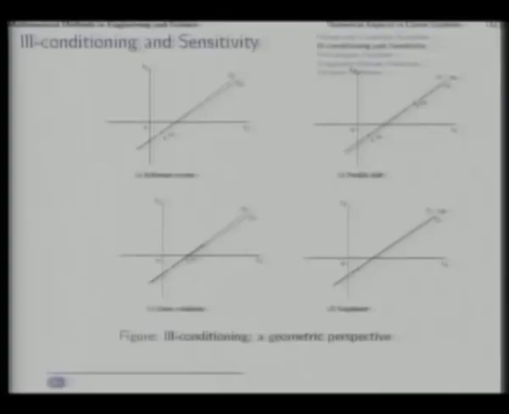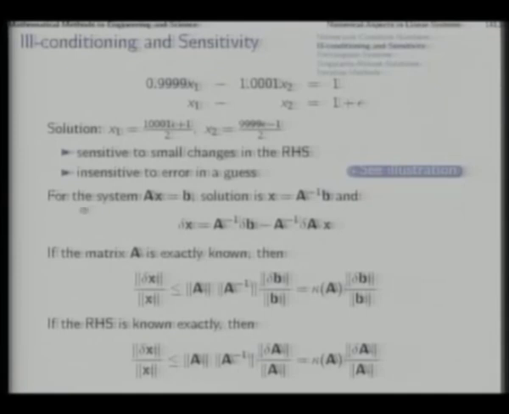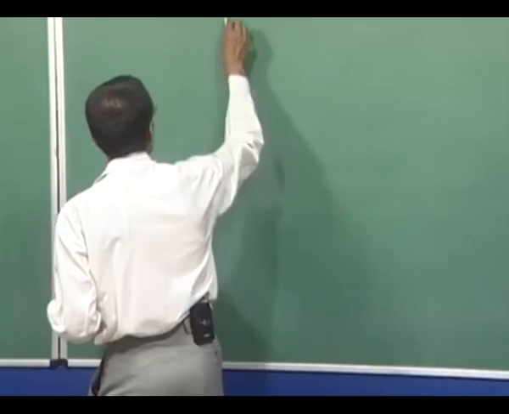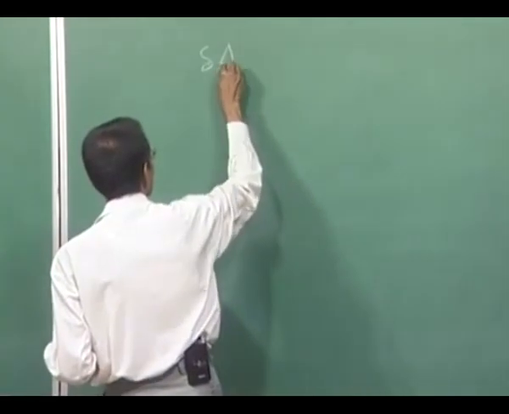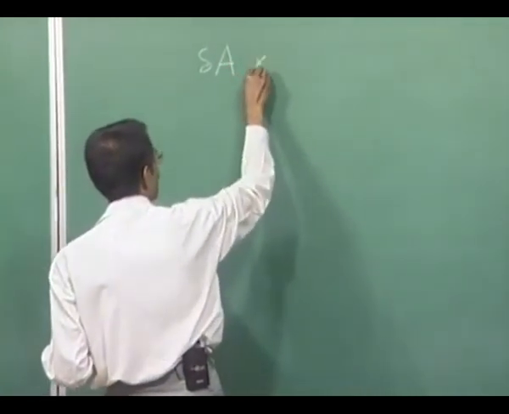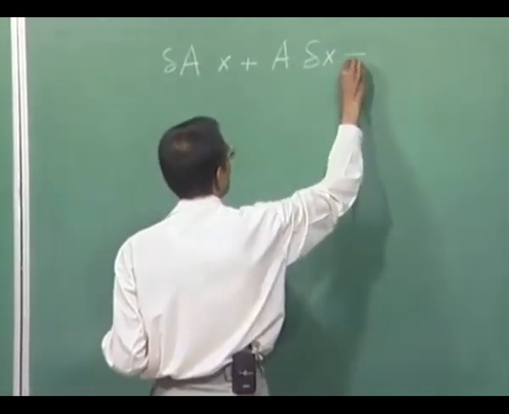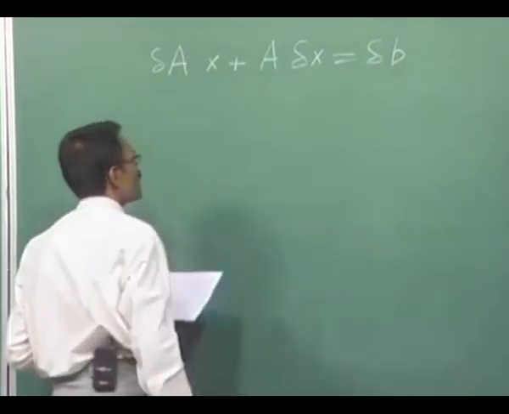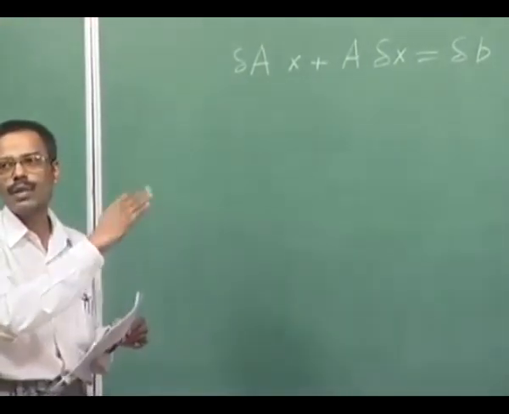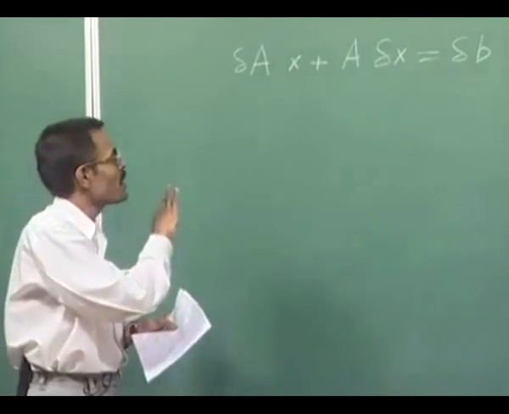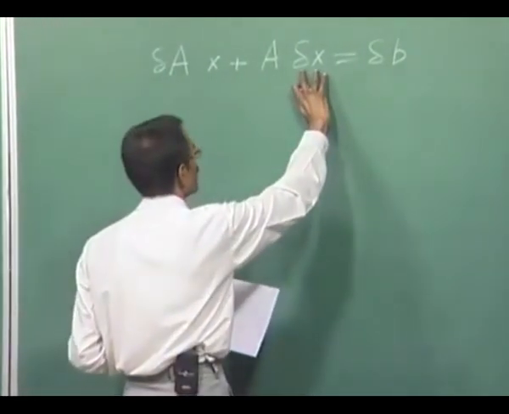To analytically see these things, let us consider this system Ax = b, for which the solution is A inverse b, and let us analyze the first variations. For Ax = b, if we consider first variations, we get the first variation of A into x plus A into the first variation of x is equal to the first variation of b. This is the first variation of the equation Ax = b. From here we will try to find an expression for delta x,